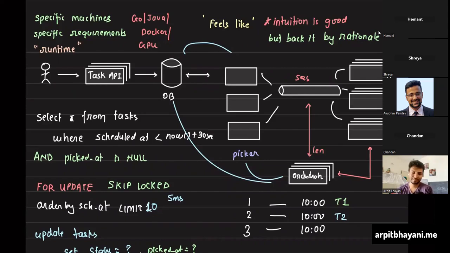Yeah, I was thinking there can be a time where there is no job to be executed and we are polling the DB again and again. So there is no problem in that, right? You would just reduce the number of pickers in that case. Your auto scaling would kick in and it would reduce the number of pickers that you have. Simple. Okay.